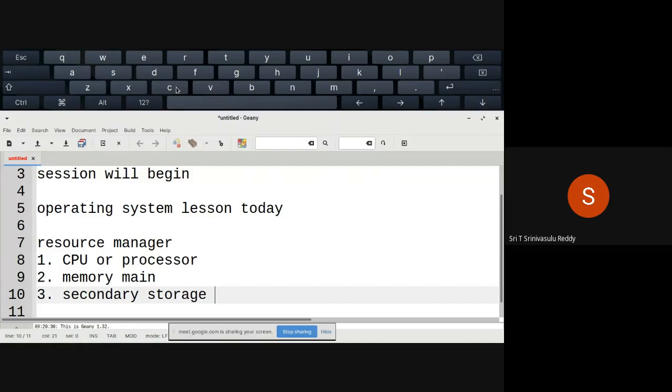In secondary storage, the basic units of data are normally blocks or sectors. These are the terms that we normally use, sectors or blocks. Whereas in the main memory, the basic units of data are individual bytes, or sometimes we can also call them words.